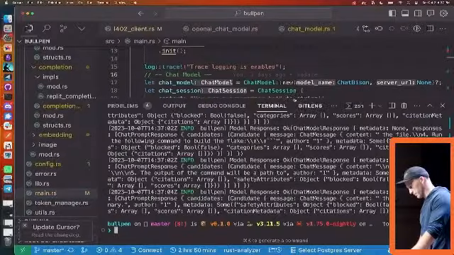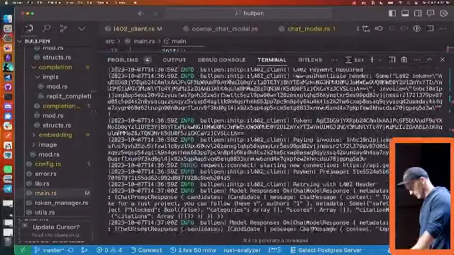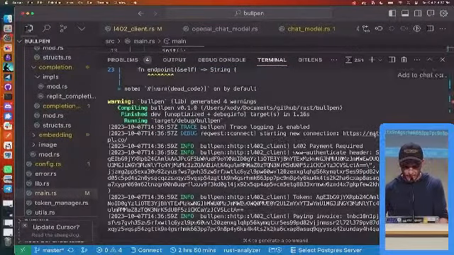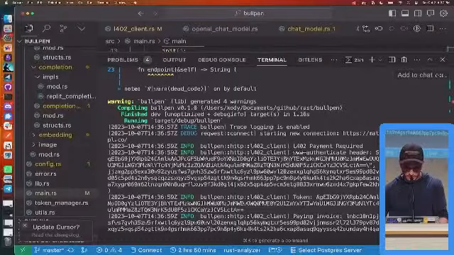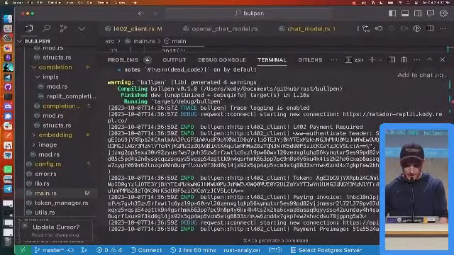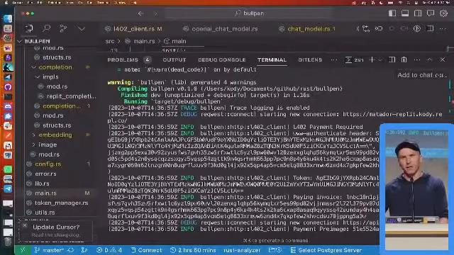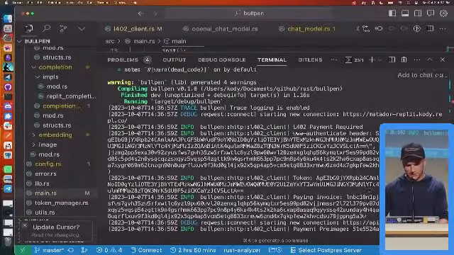And so the first thing that happened was that it tried to hit Matador, and then it received L402 payment required, and the header looks like this. So it's got a token and an invoice. And then it takes that invoice and it passes it to the client, the request wrapper that I wrote that can use whatever backend you want. Like you can use Core Lightning, LND, LNbits, Alby or whatever, right? This one's using Alby. And so it takes it, it pays the invoice, attaches the header again, and then retries